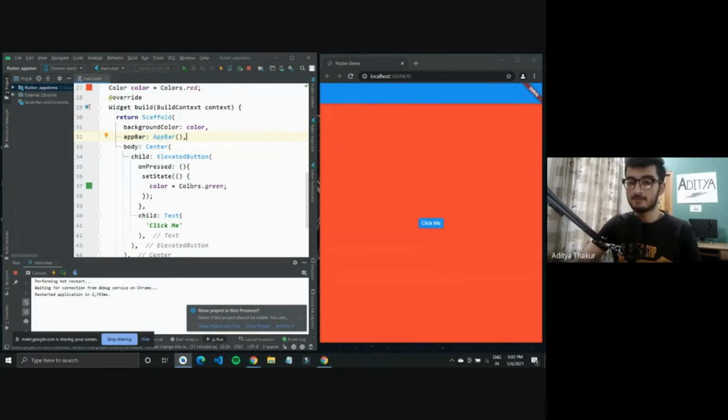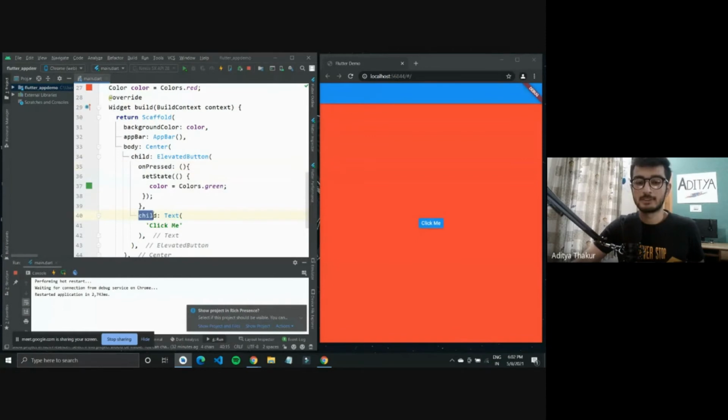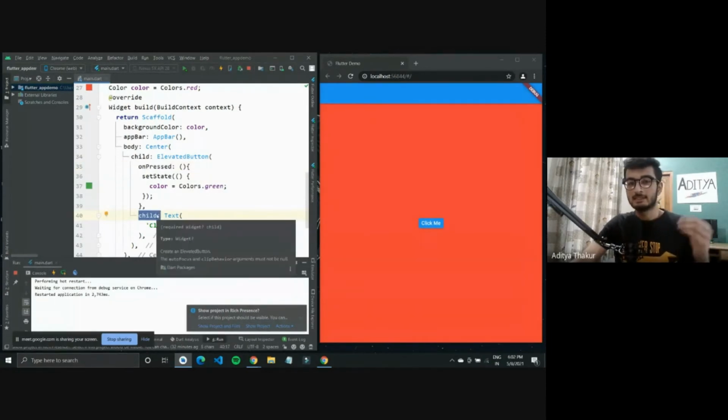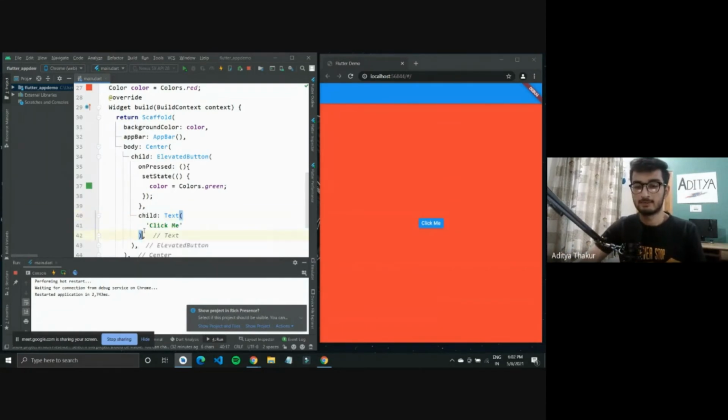So I have my elevated button, which is another widget that we will be using a lot inside our Flutter applications. It takes in two properties. One is on pressed. On pressed, you define when you tap on the button, what action should occur. And it has a child property. Child as in, we had the outer widget, what would come inside of it. So that is our child. We are using the text widget as the child. We'll give some text, like we have used the click me text right here.